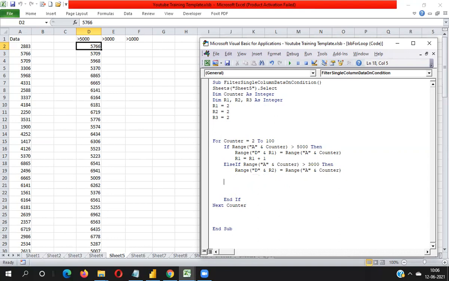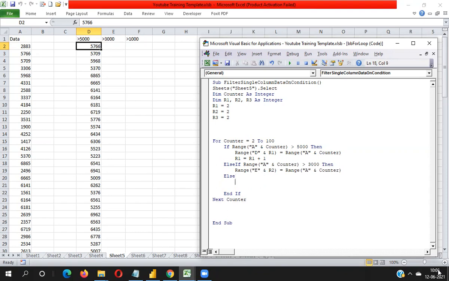For the last condition I can apply else. Else means the rest of the values. What are the rest of the values? The rest of the values are more than 1,000 and less than 3,000. So you can see here, less than 3,000 and more than 1,000 will be placed into the F column. So here I need not write the D column, I need to place the value in the E column. So I'm putting here E. Okay, sorry, this is my mistake.